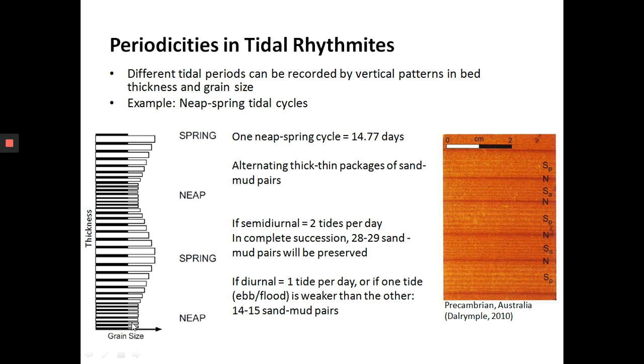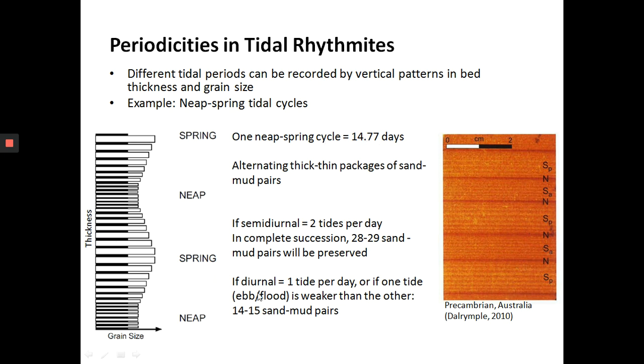So you get finer grains, thinner layers, and a muddier succession. So you get these alternating thick, thin packages of sand and mud beds. And in very, very well preserved successions, you might even be able to count the individual sand mud couplets, and they should correspond to neap-spring tidal cycles. So you might get alternating thick thin packages of sand mud pairs, which correspond to the one neap-spring cycle